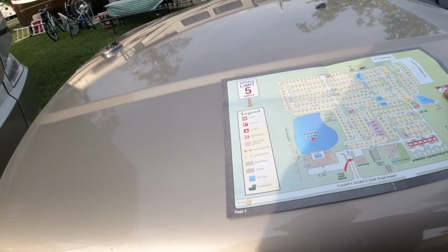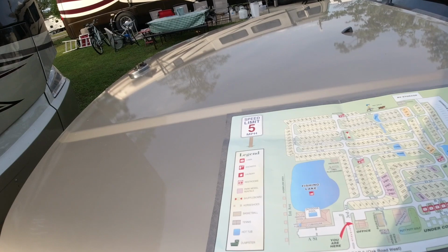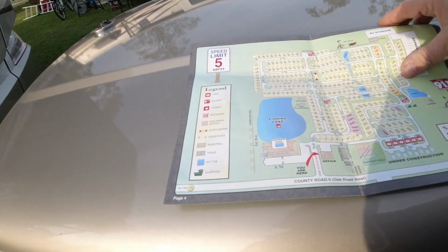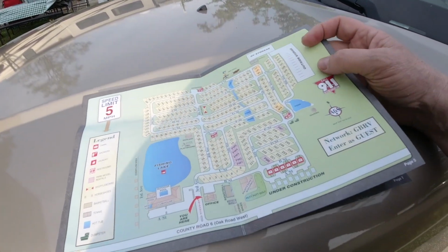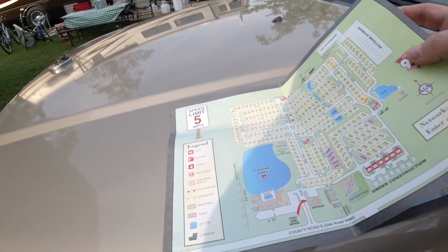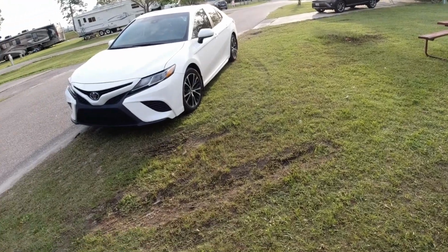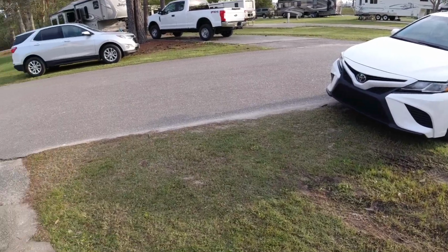They do have 3 bathhouses, a shuffleboard, a tennis court. They have some pull-through places. They have park models, fishing pond, and an outdoor pool, indoor pool, clubhouse, hot tub, a pond that you can rent stuff, gazebo for meetings or gatherings, basketball court, and right is near the office. Basically, it's about 5 or 6 miles from the beach, and